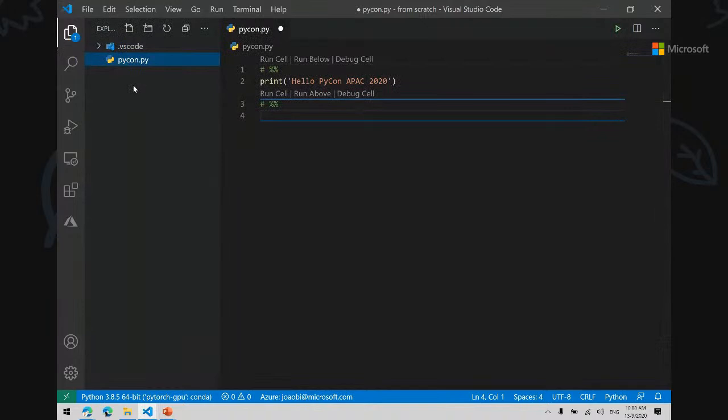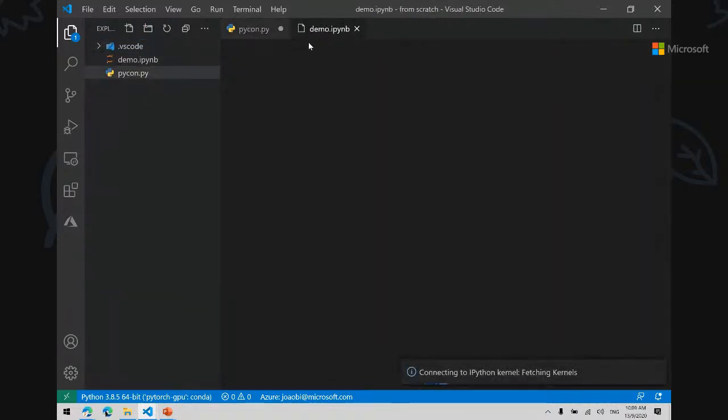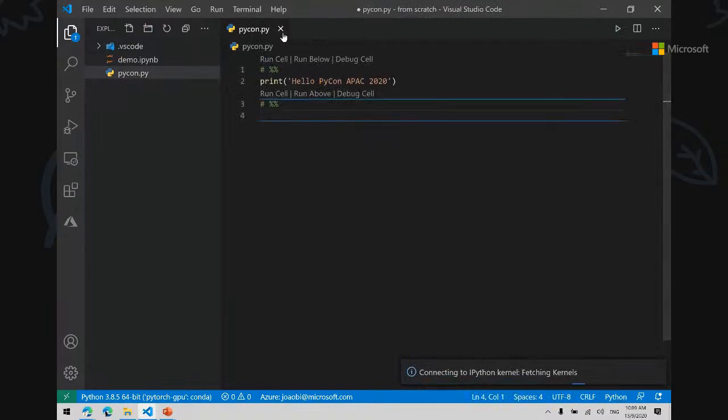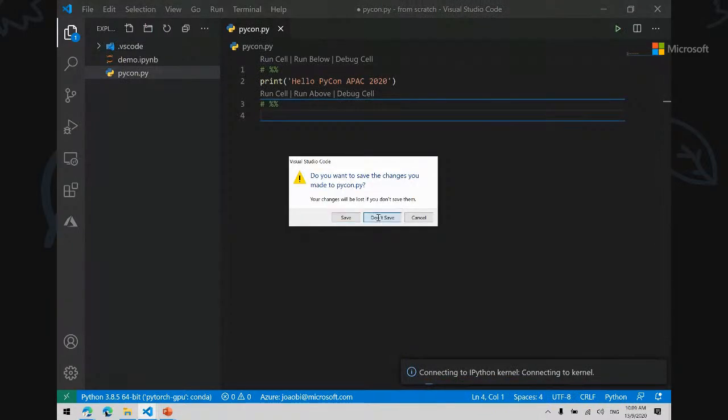Now, let's move into notebooks. I want to build a Jupyter notebook, so I can do that by clicking New File and just doing demo.ipynb, which immediately, as you can see, the little icon changing, you can see it detected as a notebook. Or, and before I go there, give me a second, the other way I can do that is